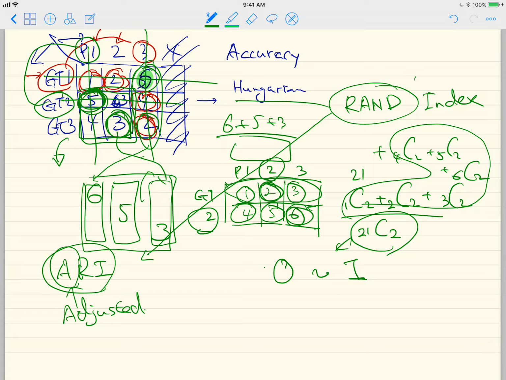And in this case, it is making the range of this clustering quality measure adjusted so that we can have the zero mean. So in this case, it has some range, but in this case,